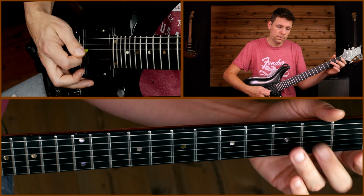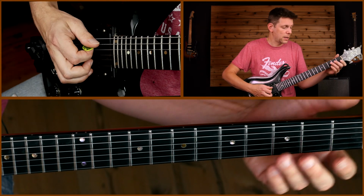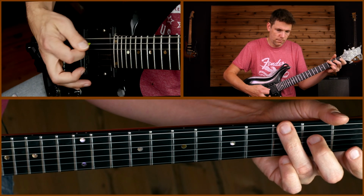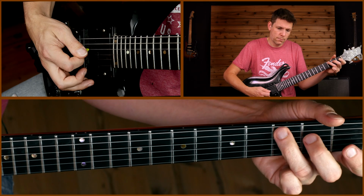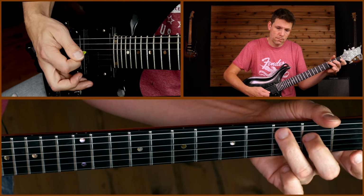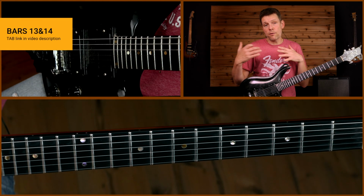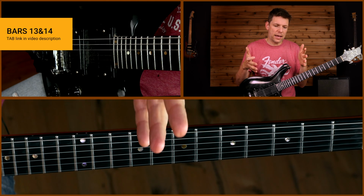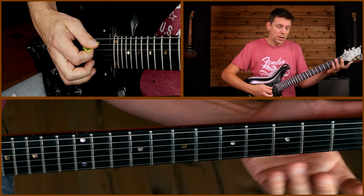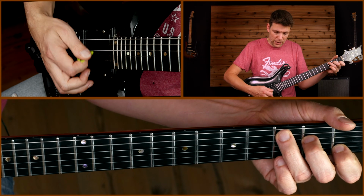Right? And then you repeat that. So it goes like this, 3, 4. Right? And then the fourth time, you have sort of the same ending as what you have at the end of the verse, right? So you play C chord, you play down circle on the bass, and then you play